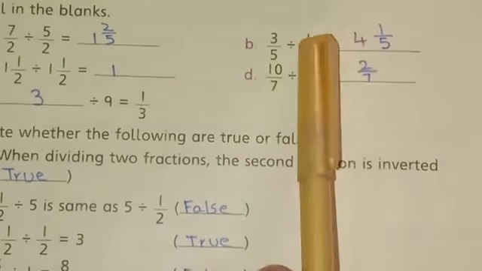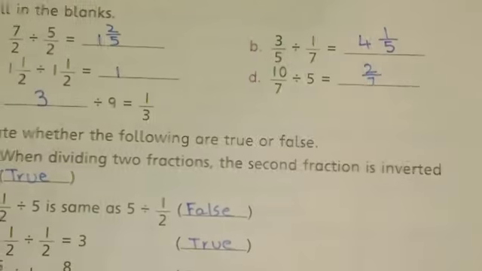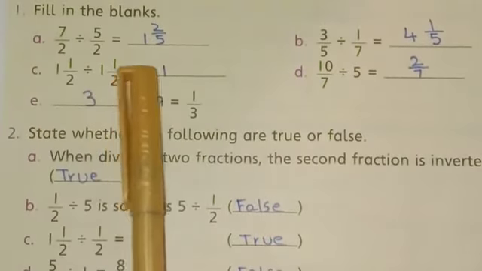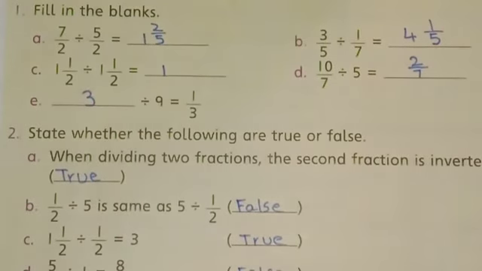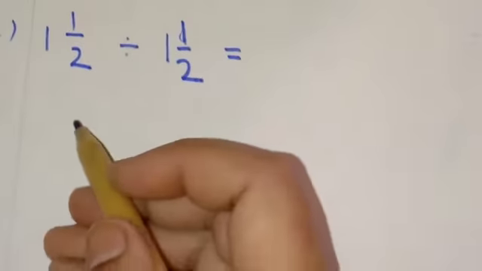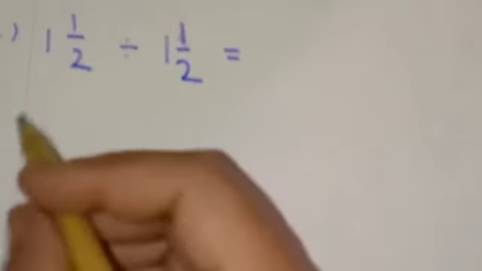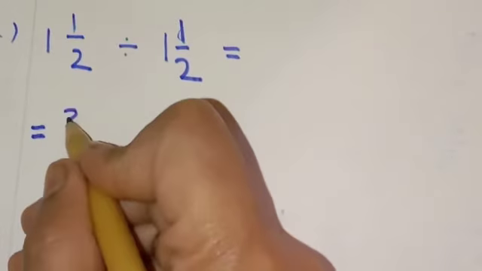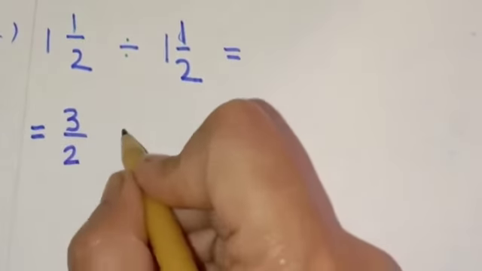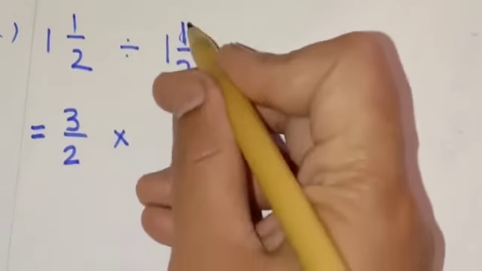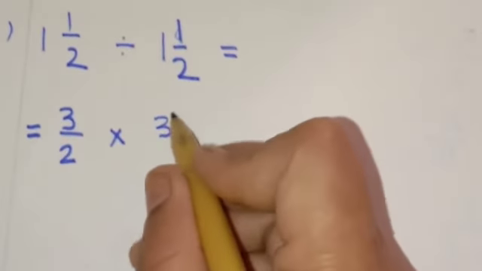4 whole 1 over 5 is our answer. C part: 1 whole 1 by 2 divided by 1 whole 1 by 2 is equals to dash. Okay, first of all we will change it into simple fraction. 2 ones are 2 plus 1, 3 by 2. Directly change division sign into multiplication, and here also 2 ones are 2 plus 1, 3 by